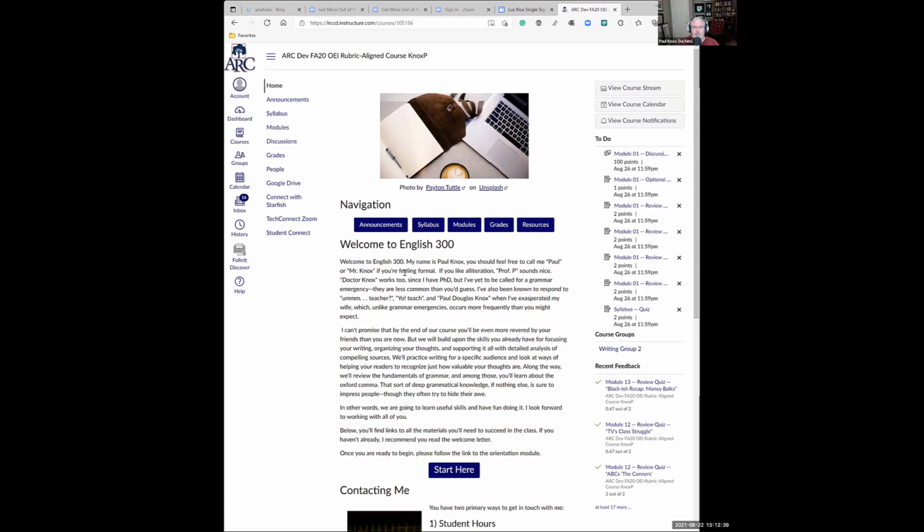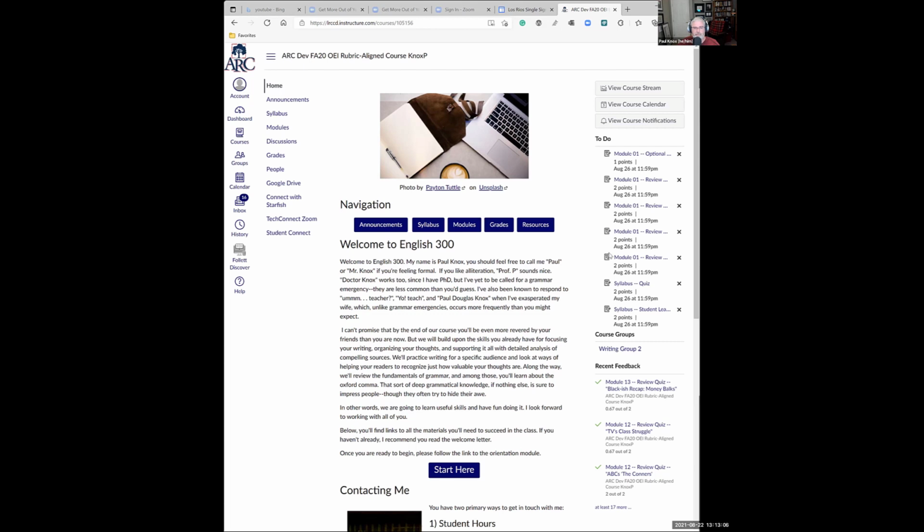Probably the most useful thing you're going to find in our class is going to be the to-do list. This is a list of items that you need to complete. Once you've completed one, if it doesn't disappear automatically, you can just click on the X and that will take it off of the list. This list of items is going to be pretty long for the first couple weeks as we're getting ready and getting on board. The good news is that most of these things you need to do only take a couple of minutes.